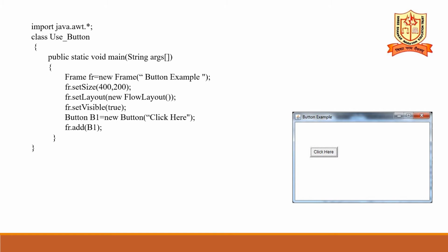See that, what is the class name? Use button and frame, new button, that is, and then for this frame you have to set the size, and after that you have to make it set visible true, and layout you have to set it, that is new flow layout. And Button B1 equal to new Button, which is the button. What is the button name? Click here. So this button we have created, that name you are supposed to pass in this button, and after